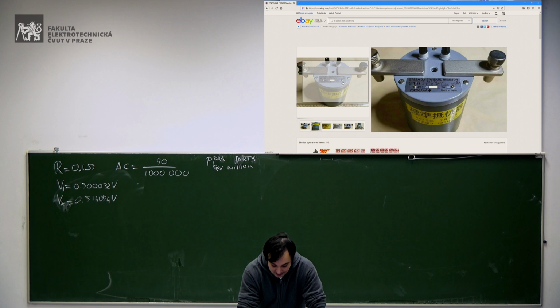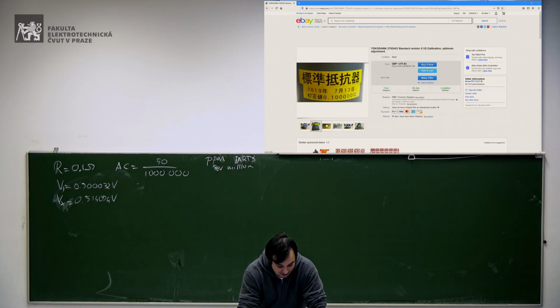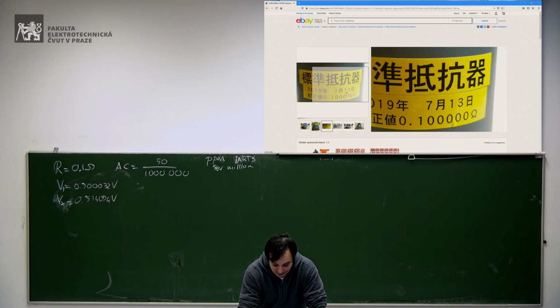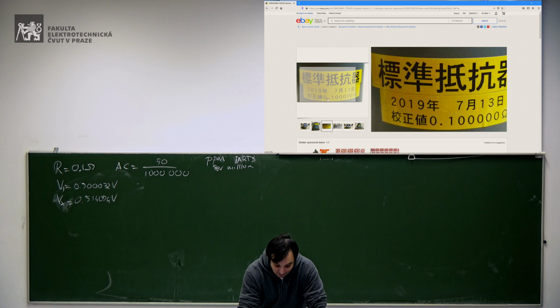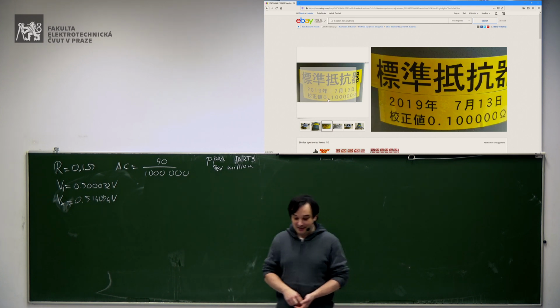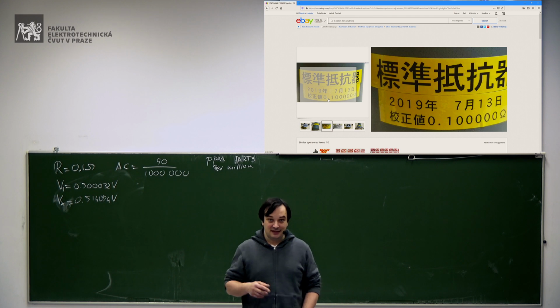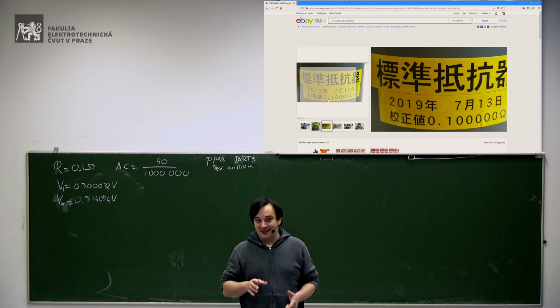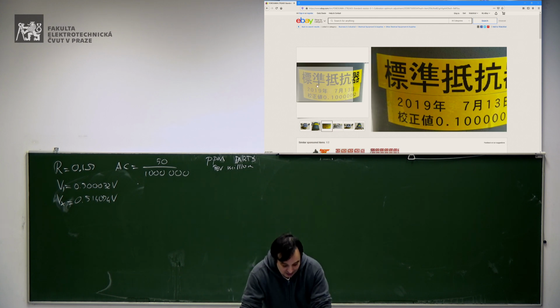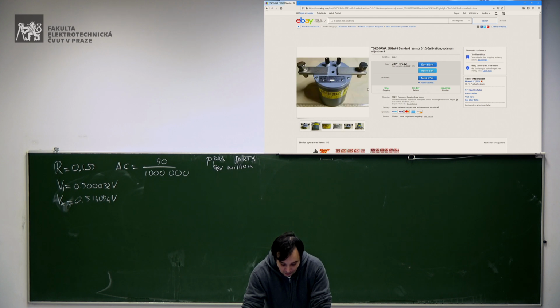As you see here, this is, for instance, calibrated on July 13, 2019. Okay. So of course, when you buy these devices, you must always check the calibration date because, as you saw, it drifts with time. If you buy something which was calibrated 5 years ago, then the accuracy they tell you is not valid anymore because you also have the drift over time. So you must consider the price of having an extra calibration, which is not trivial. Okay. So why should I use this?